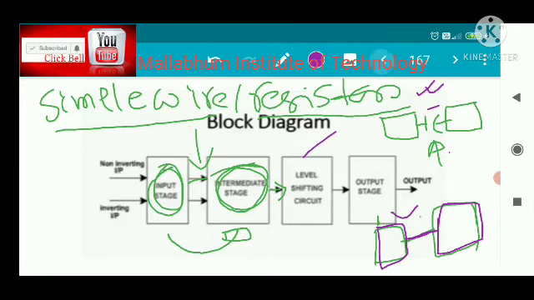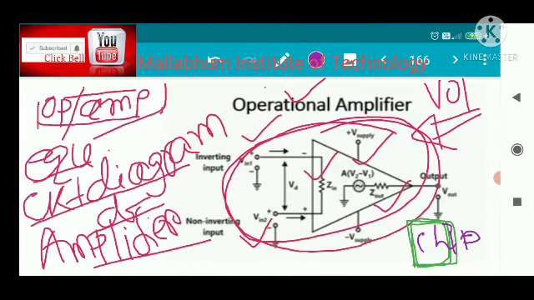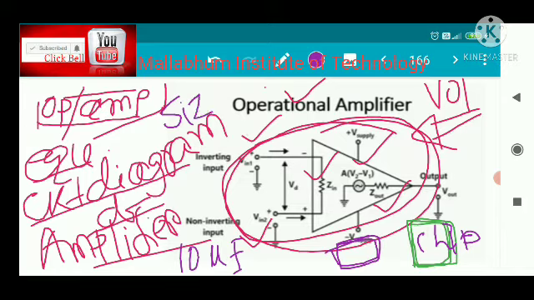If we want to fabricate a capacitor inside an integrated circuit, the size of the chip obviously increases, because if we want to design a large value of capacitor, like 10 microfarad, then you have no other option but size. If you want to increase the value of the capacitor, you require more space. You cannot compromise on this. But if you eliminate the capacitor, then the size is preserved or reduced. That's why we don't employ any kind of capacitor here.